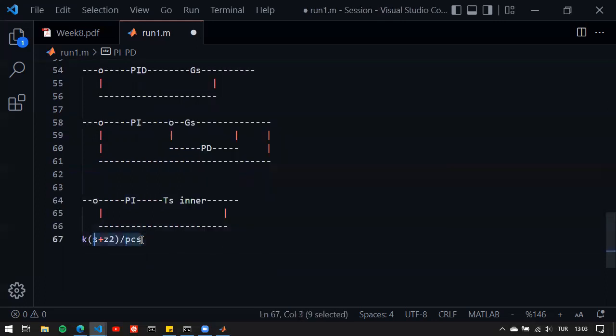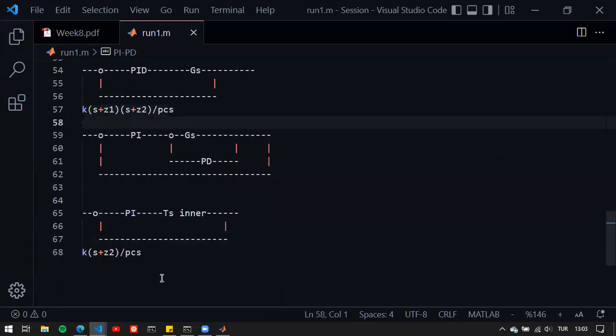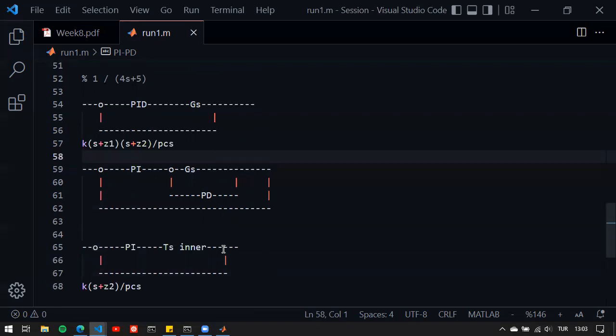So this would be the closed loop of this, but in the PID controller, we will have this. So getting rid of one of the zeros is a huge advantage here,